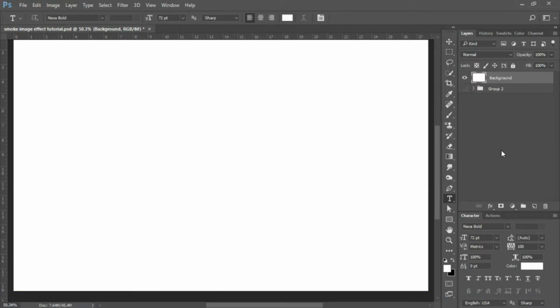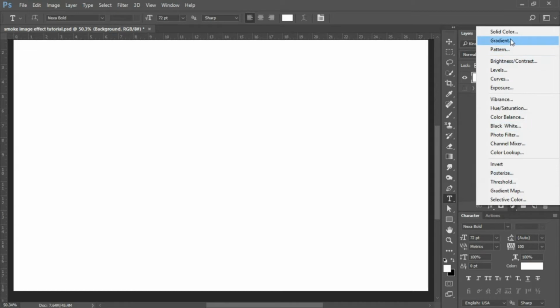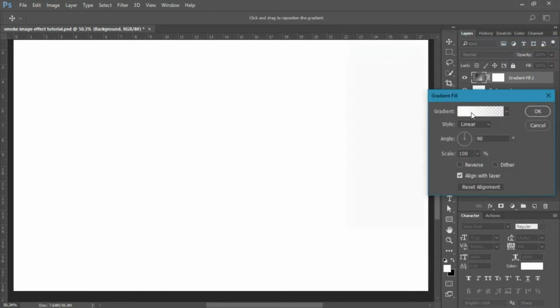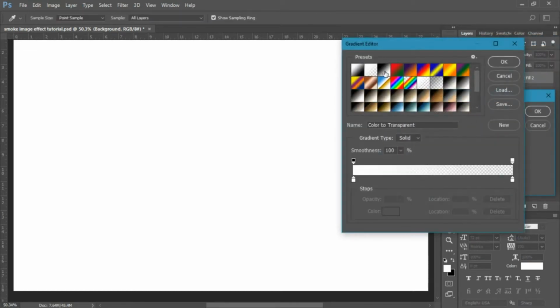The first thing we'll do is create a new document 2000 by 1335 pixels. Next, we'll add a gradient adjustment layer. So I'll select my adjustment layer at the bottom of the layers panel, select gradient, gradient color, black to white,